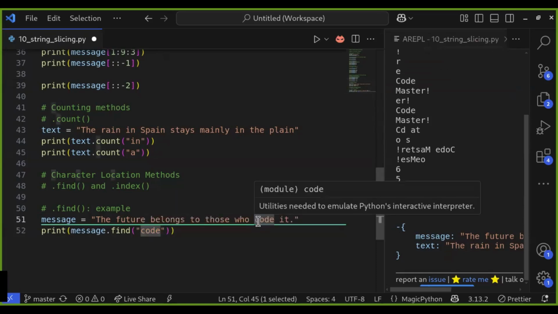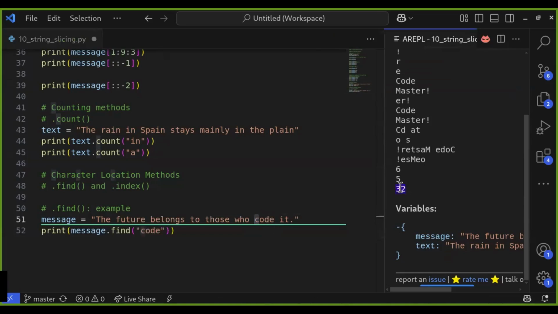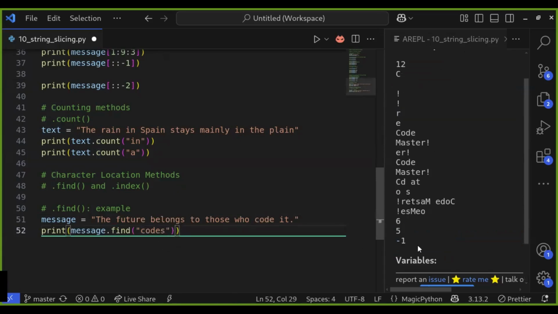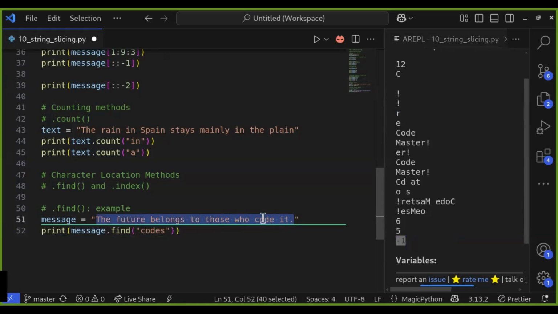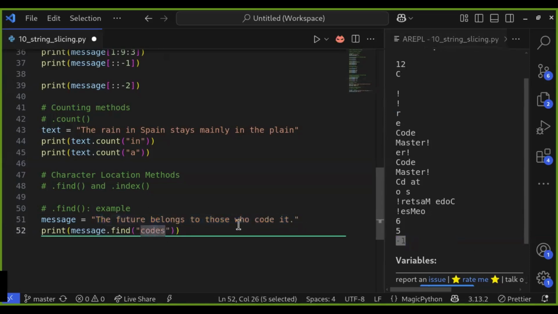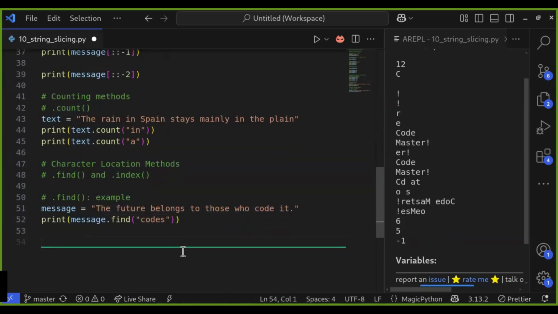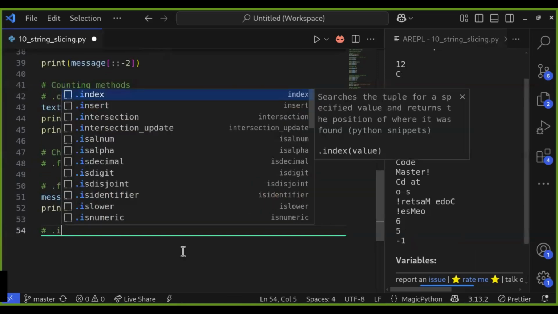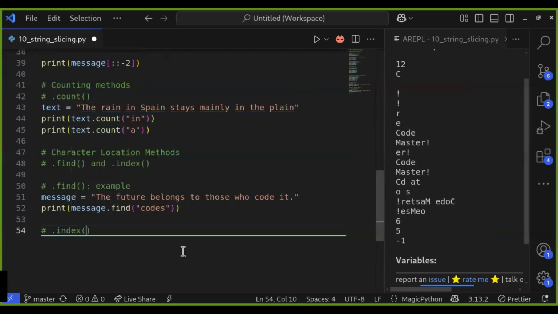Therefore, the code starts at index 32. If code is not found, it simply returns -1. For example, we can add codes, then as you can see, it prints out -1 because that codes is not found in the given text.